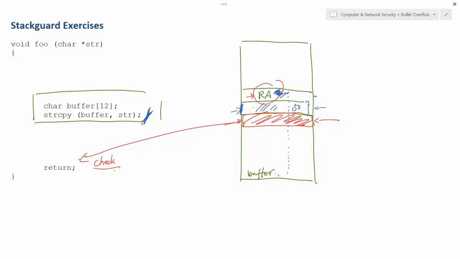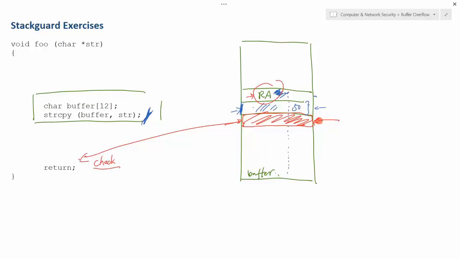I'm going to check that value, assuming I know the value. If that value gets modified, that means your buffer has overflowed this part, and very likely you have changed my return address. So if I find that, I will not return. I will just exit, because when I return, I will jump to that address. But if I exit, I won't jump to that.